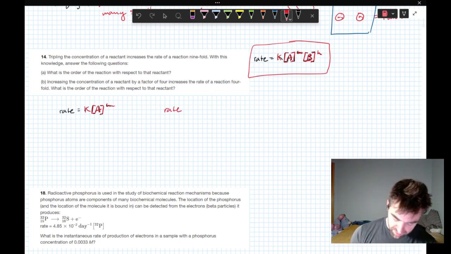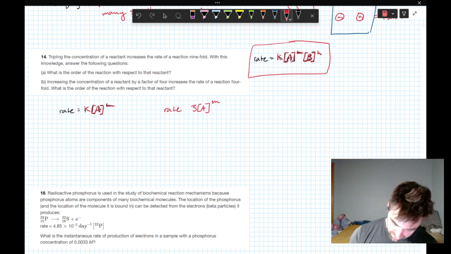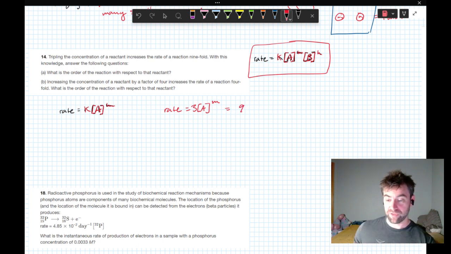If doubling, or excuse me, what did they say, tripling? Tripling the concentration of A resulted in a 9-fold increase,